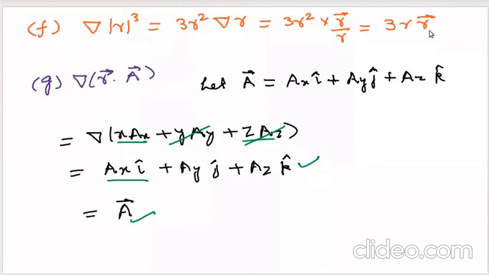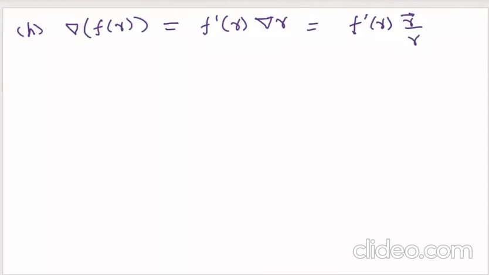The last part of this first question is to take the gradient of f(r). If you are taking the differentiation of any function, you will have f dash r, that is the differentiation, and then you have to take the derivative of this r also. So I am having f dash r for this function, then the gradient of r, and gradient of r is r vector by r. So this is the final result. Do any of you have a doubt in the first question?